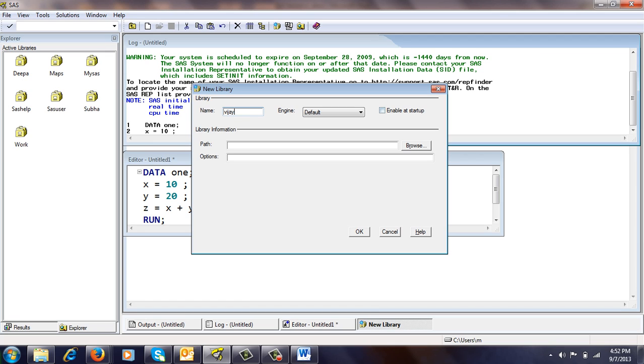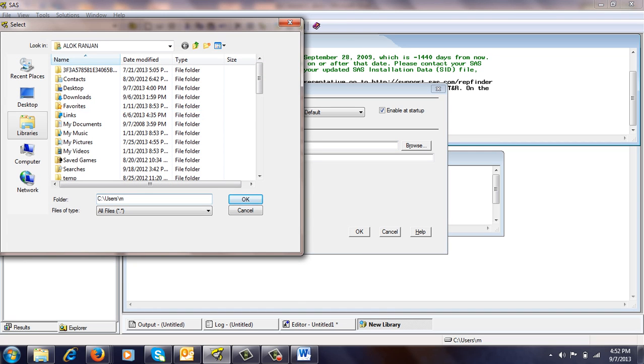Then there is a checkbox with the name Enable at startup. We check this box so that whenever we start SAS, our library is displayed. Now what is the path for this library? Click on Browse to go to our tables folder.